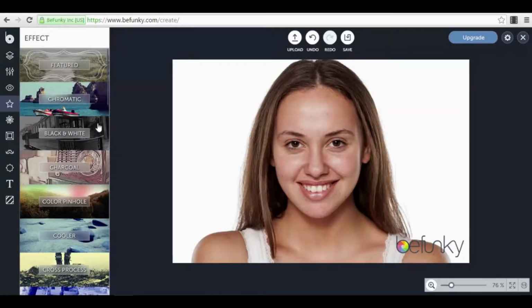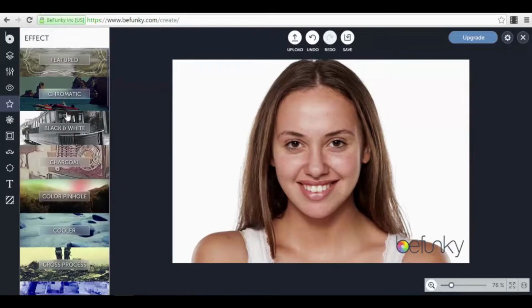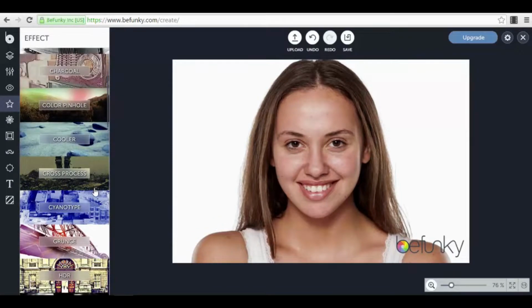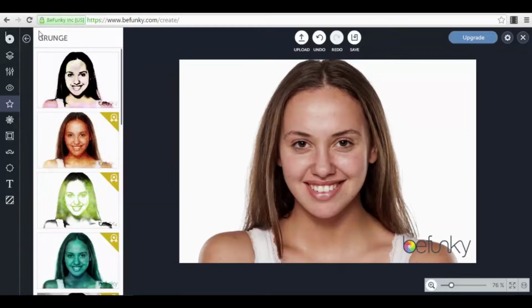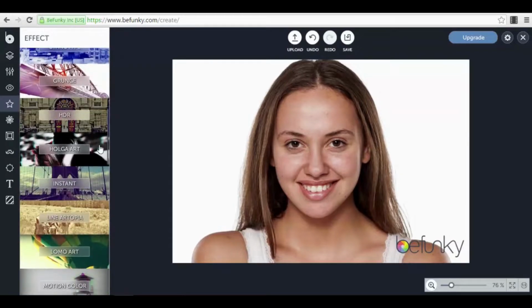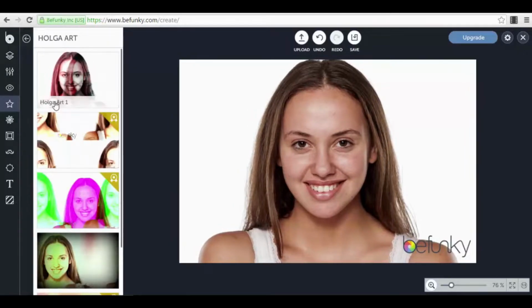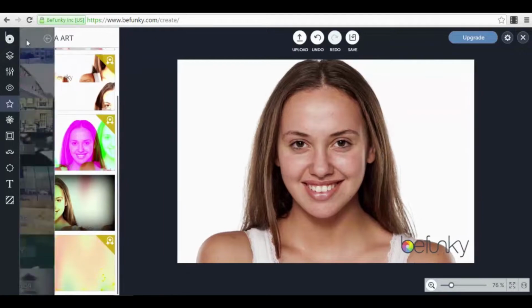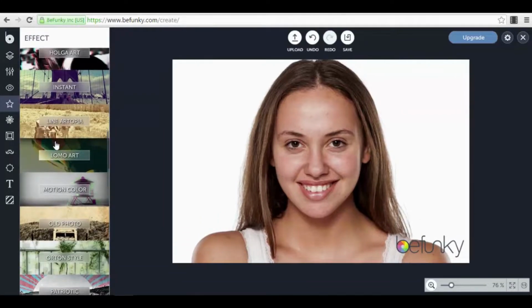We have black and white effects, different types of black and whites and variations. The grunge effect, Holga art, for example. This one is very interesting. So we have different things that you can use with BeFunky. Then we have the